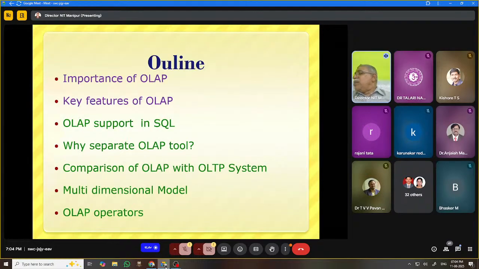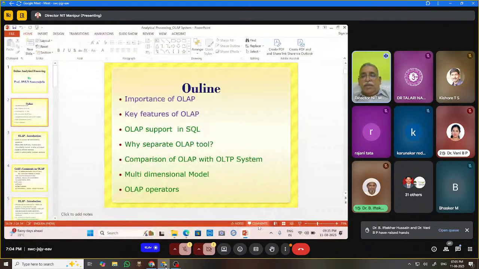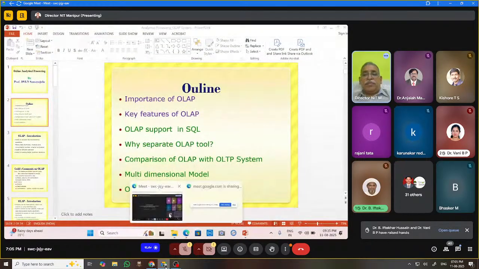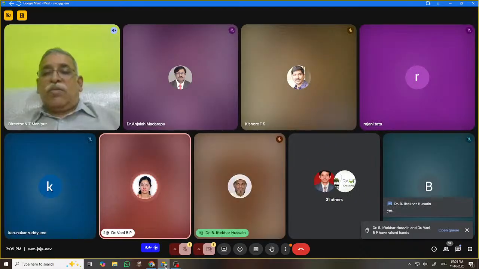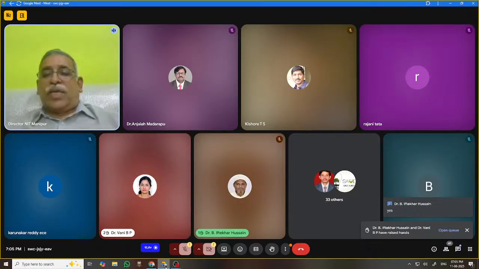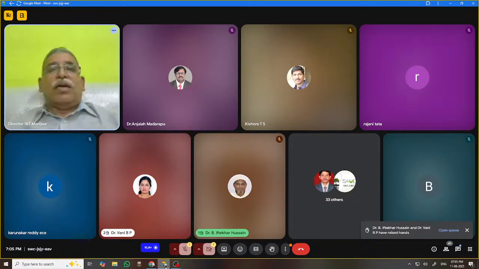But before going on, how many of you attended the workshop on using AI for SQL? Day before yesterday, I shared the workshop, AI for techies. Did anyone attend it? I think somebody is raising a hand. You can tell. Iftikhar Hussain and Vani. Sir, I attended the session, sir. It was about using AI tools for SQL, sir. Yeah, using AI tools for SQL.